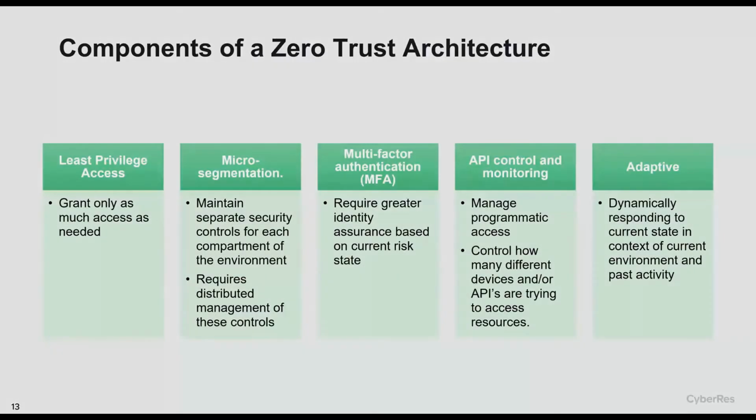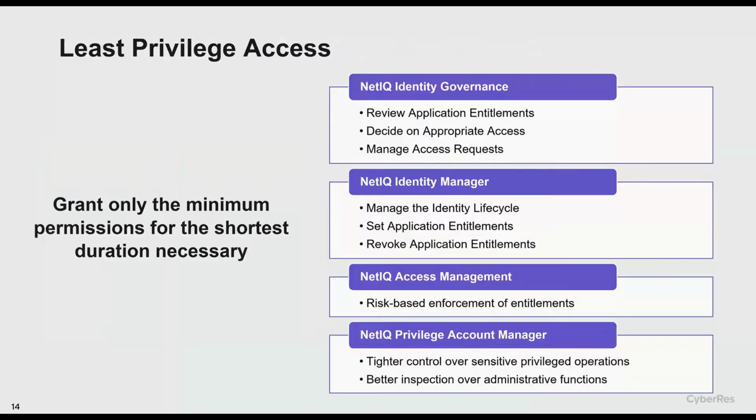So these are the key elements of what you would think of through a zero trust architecture. And what I want to go through next is really highlighting what we do for each of these. So when you think about least privilege access, again, granting only the minimum permissions for the shortest duration necessary,